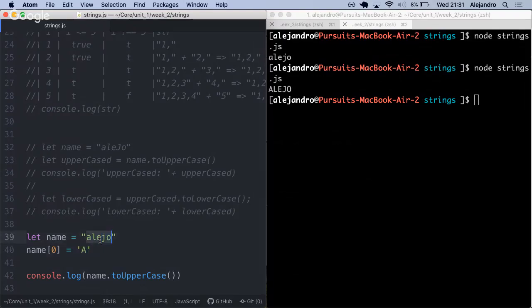So here I cannot change. Alejo will never change, even if I try to do this. But how I can change it is if I do something like what JR suggested earlier, name equal name,